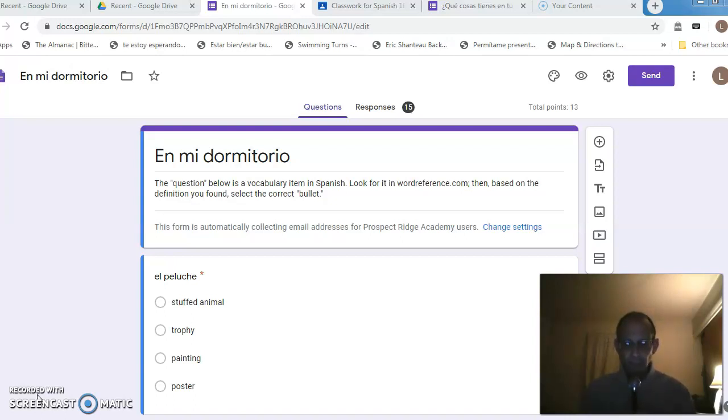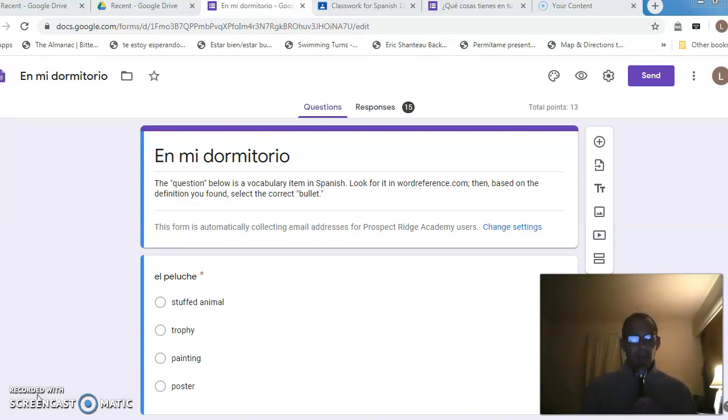So here's a post that I sent to you on or around Friday, en mi dormitorio. ¿Todos ustedes recuerdan la casa y el dormitorio? This is a vocabulary activity about your dormitorio, your room. And all of you remember how we studied the home and how you gave those great Google Slides presentations in class in which you talked about your home.